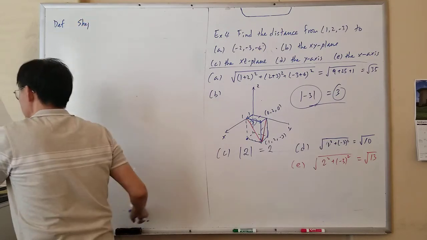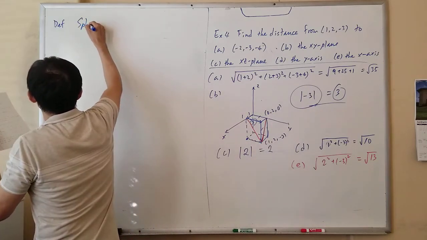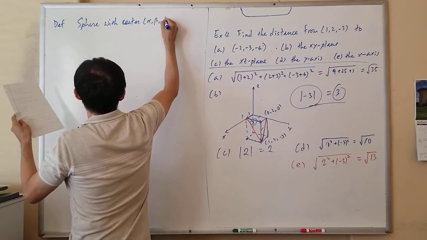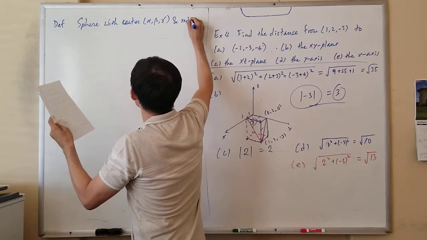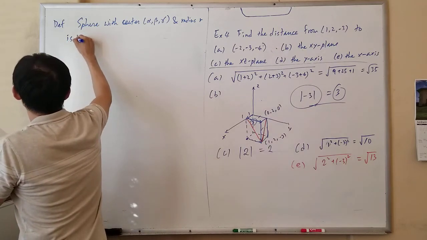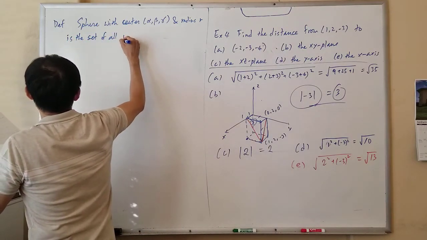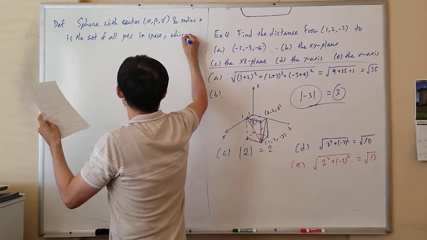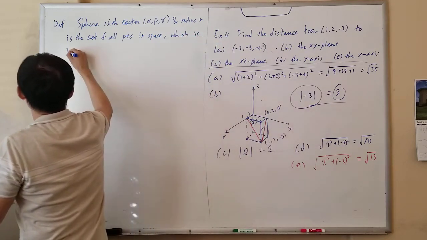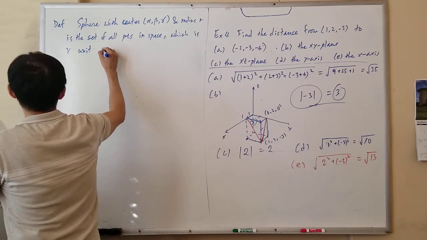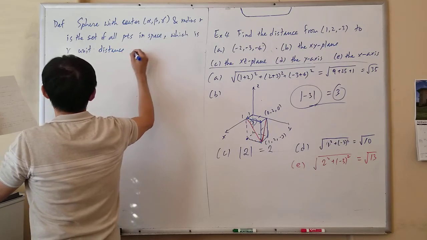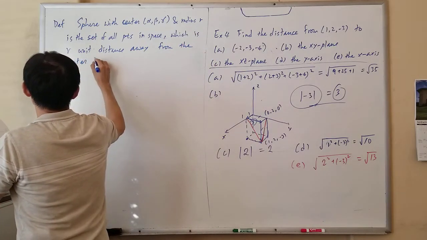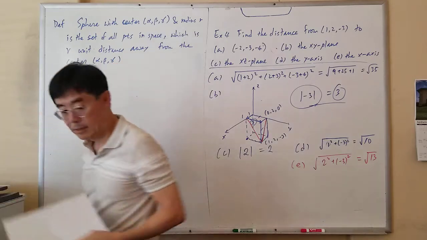A sphere with center alpha, beta, gamma, and radius r is the set of all points in space which is r units distance away from the center, alpha, beta, gamma. That means